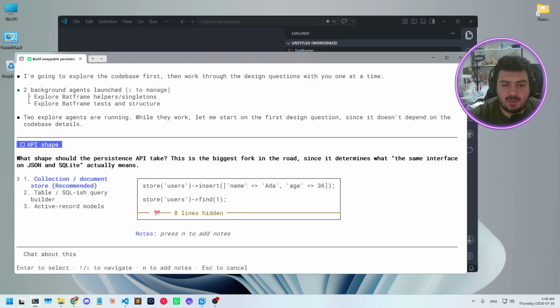All right, what shape should the persistence API take? This is the biggest fork in the road, since it determines what the same interface on JSON and SQLite actually means. So: collection, document store, table, SQL-ish query builder. Here we have something like store users insert and store users find. And then we have active record models. I do have the table SQL-ish query builder, which is too complex, I believe, for